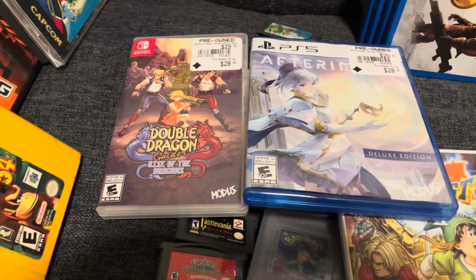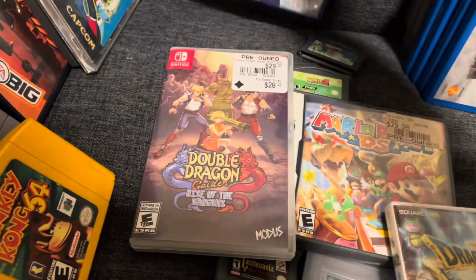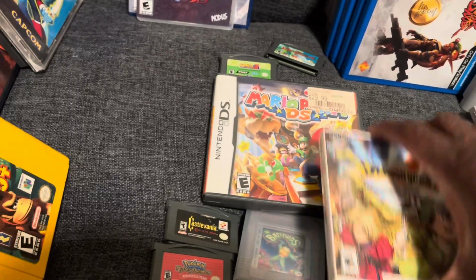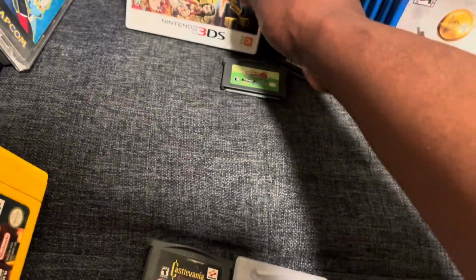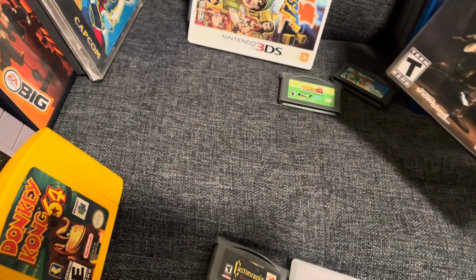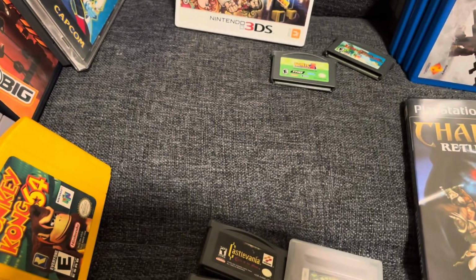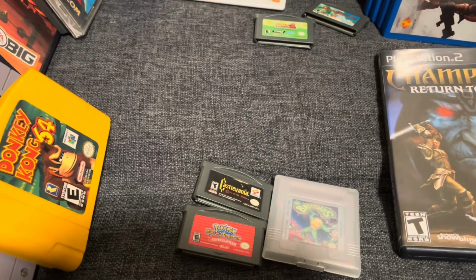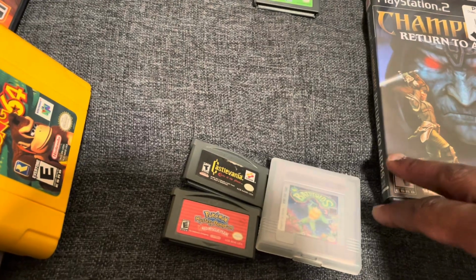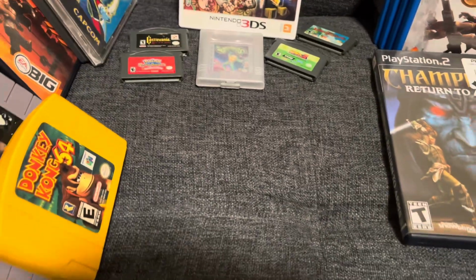So if you saw the beginning of the video, I showed you guys a number of games that I set aside and was going to use as trade bait to pick up a game. Those games included a loose disc copy of Kirby's Air Ride, a loose disc copy of Shadow the Hedgehog, a complete in-box copy of X-Men Legends Greatest Hits Edition on the PlayStation 2,